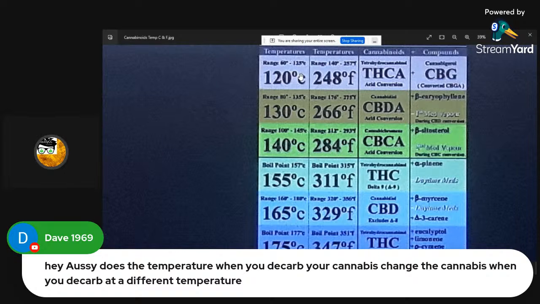So you can do your own experiments on what your molecules will react at different temperatures, because you have to consider the terpene and flavonoid profile. So if you're going to decarb at 140 up here, you're going to lose all of those ocimene, CBG, and any other terpene that is below 140. The humulene, I think that was really low as well. That was just over the boiling point, remember? Beta humulene. So you're going to lose all of them. So it makes a massive difference, mate.